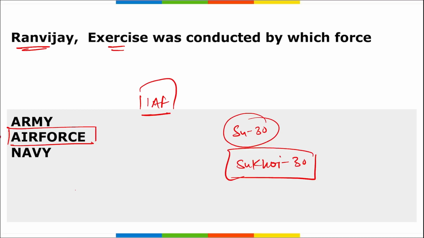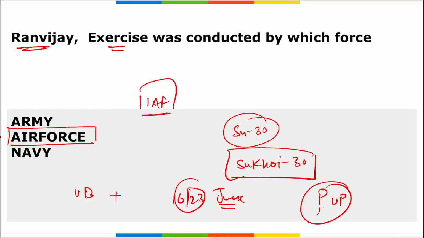Correct? Exercise Run Vijay was carried out in the Ob Hills and the Central Air Command area of responsibility, from 16 to 23rd of June, right? Then this exercise was carried out in different parts of Prayagraj, that is in Uttar Pradesh, correct? So the Run Vijay exercise conducted by the Air Force used Sukhoi 30 aircraft, between 16 to 23rd of June, in Prayagraj, UP,